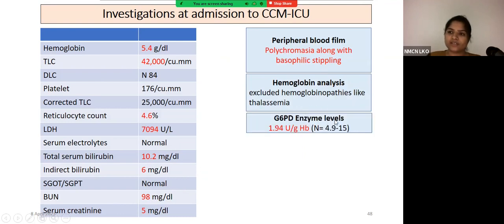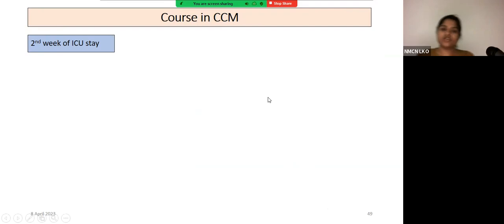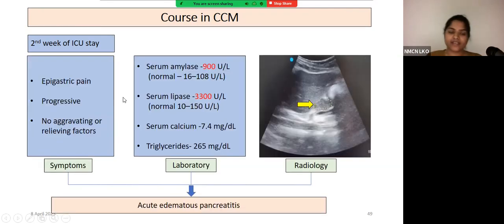G6PD enzyme levels were done, which was grossly low. And at admission, tropical fever workup showed leptospiral IgM positive. Hence, a diagnosis of acute hemolysis associated with G6PD deficiency, probably triggered by the high oxidative stress provoked by leptospiral infection, was made. During the course in ICU, in the second week of ICU stay, patient developed epigastric pain, which